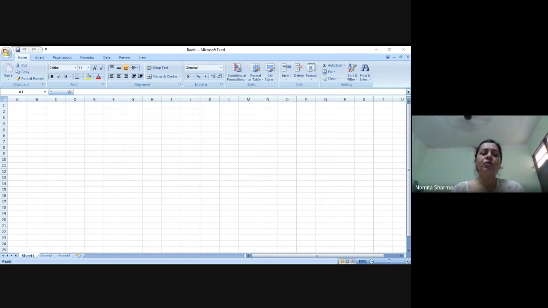It will allow us to summarize the table. It will allow us to have a summary table. We can have grand totals, subtotals over there. It will also allow us to filter the values from the table, because if I don't want to see the whole table as overall data, I just want to see a snapshot of a table. In that case, this will be possible through the pivot table, right?